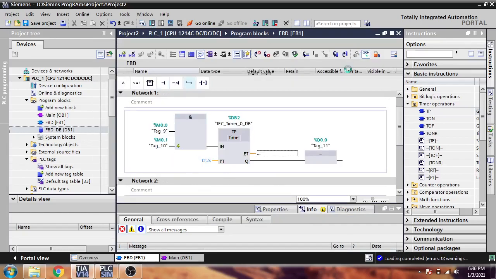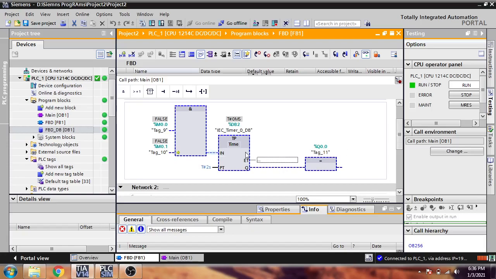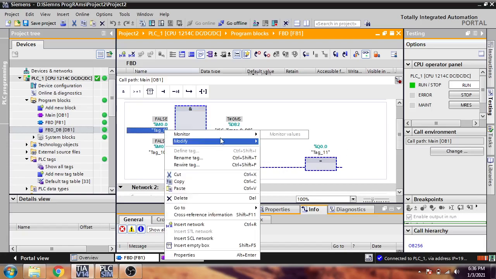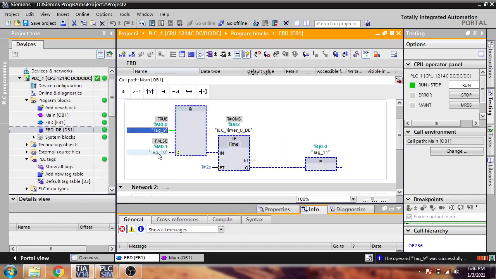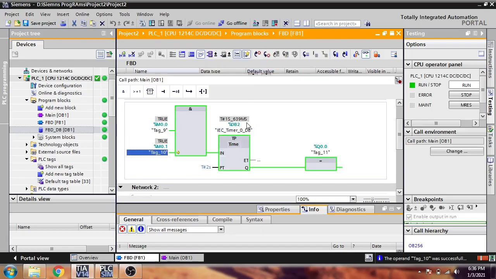And I am going online. So let's see how it is going to work. First of all, I monitor it and set it to 1, and if our AND gate opens, we will see it start counting, and after the counting you will see the work is done.